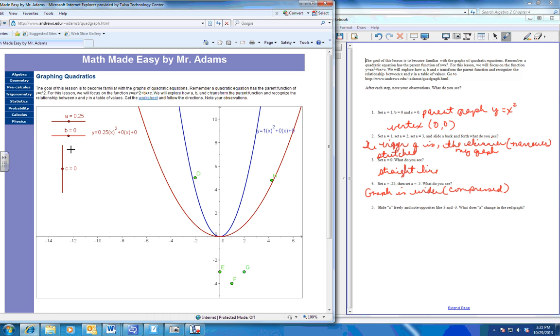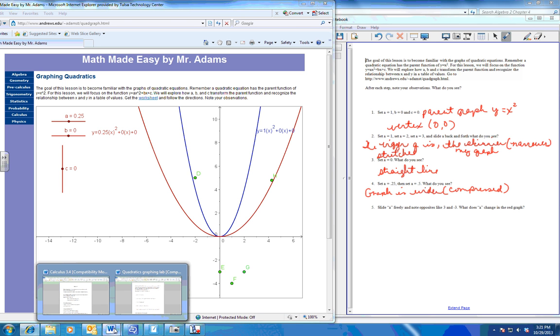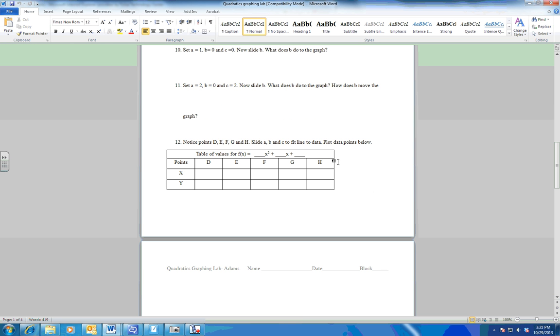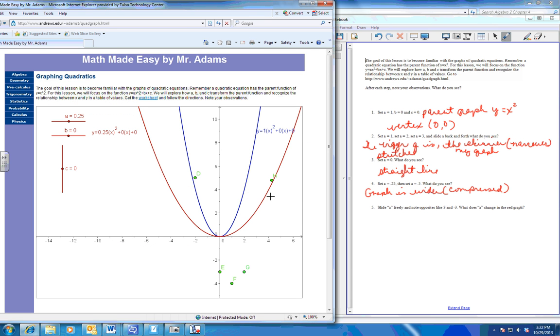When you get to problem number 12 on your worksheet, let me see if I have it on here. All right, problem 12 looks like this. Notice points D, E, F, G, and H. Slide A, B, and C to fit line to the data. Plot data points below. Okay, so here's all of our points. So they want me to change